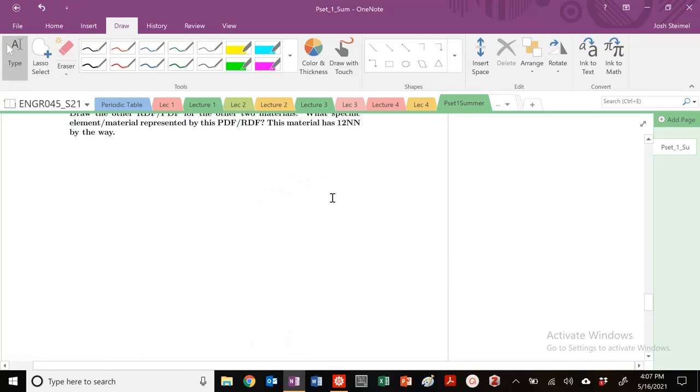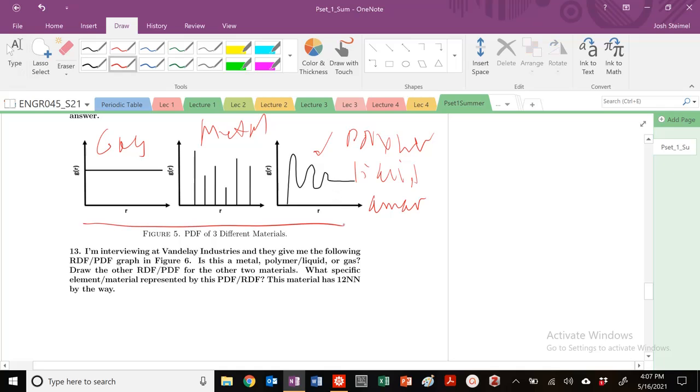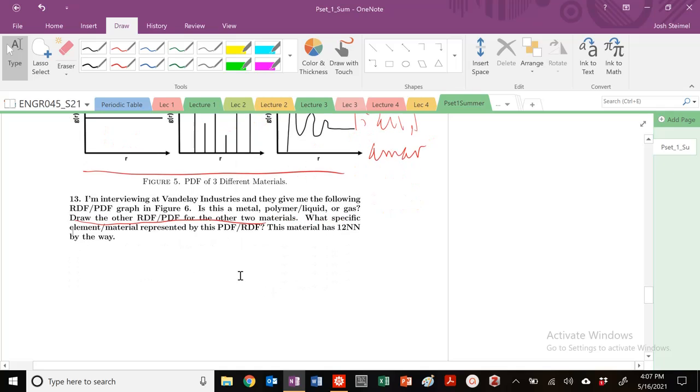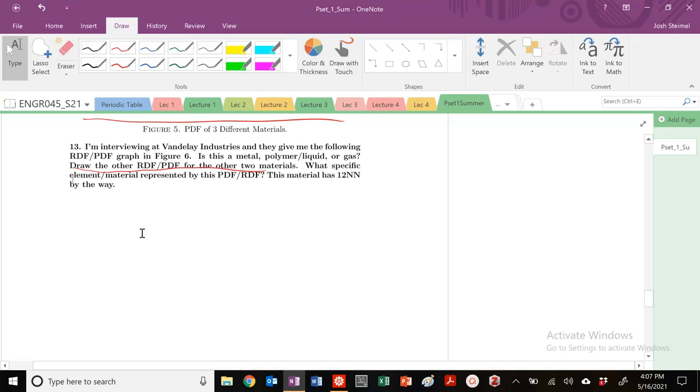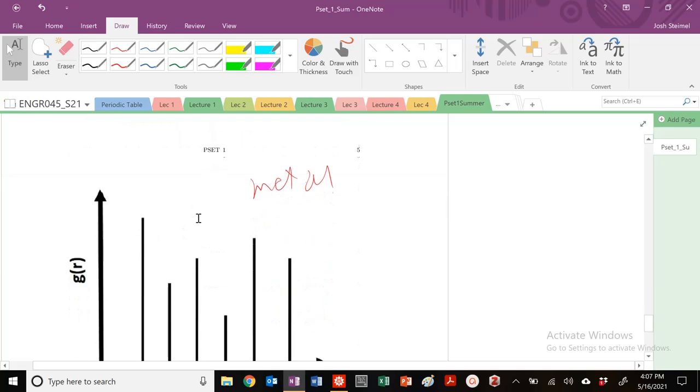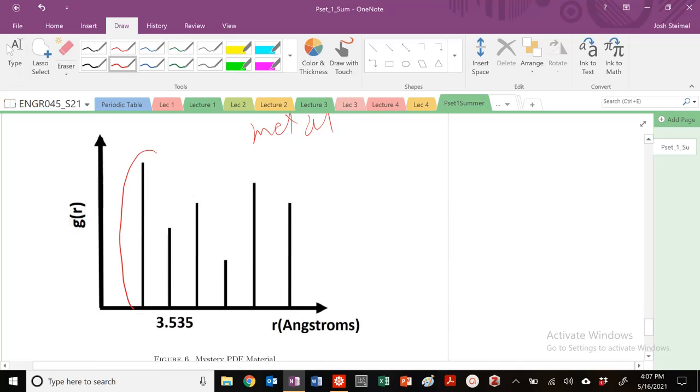So what do the other 2 materials look like? We've already answered that question above, so we can draw that and just show that there. What specific element of material is represented by the PDF? This material has 12 nearest neighbors. So if it has 12 nearest neighbors, that means the integral of this peak is going to be equal to 12. So we know the material we're looking at is a metal, and it's also FCC. So if it's FCC, we know that this is equal to 2r, and that this distance is our next nearest neighbor distance,